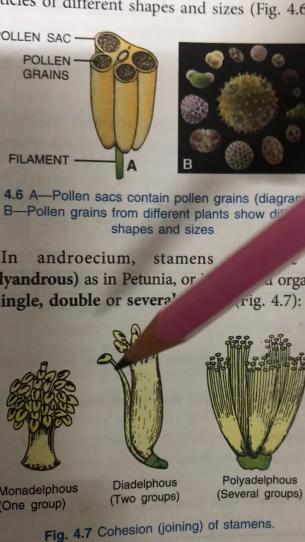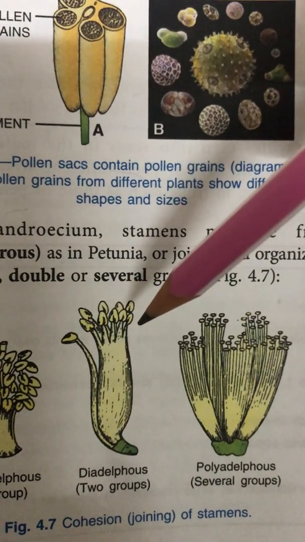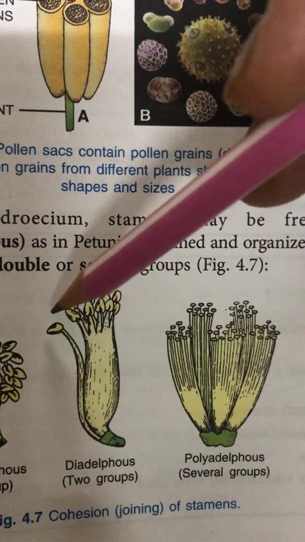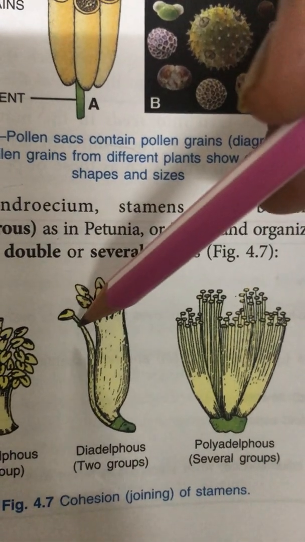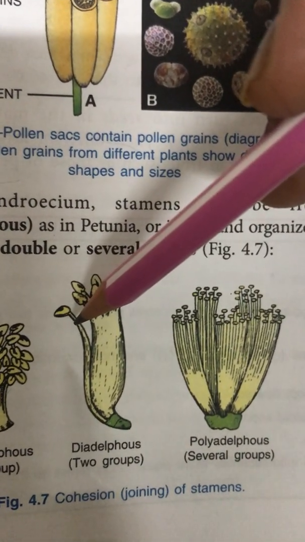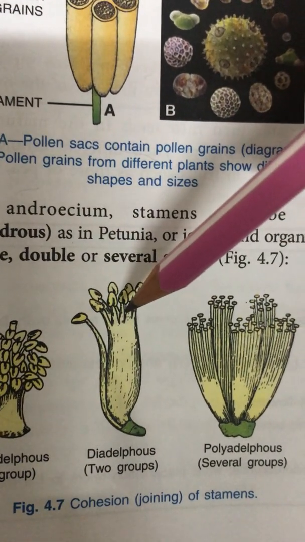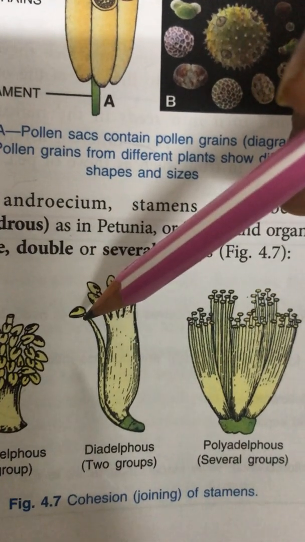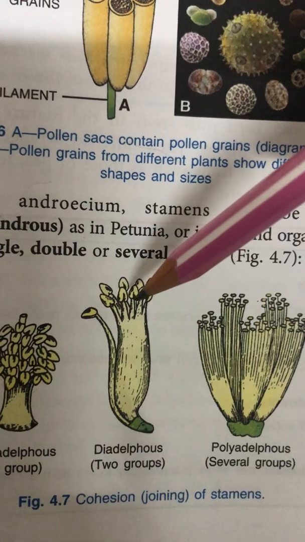Likewise, maybe they are fused to form two bundles. This is a typical 9+1 arrangement which we can see in the pea plant. Pea plant has 10 stamens. 9 of them are fused to form one bundle and one is separate, which is regarded as the second bundle. So here fusion is in two bundles. We also have a 5+5 arrangement in some flowers. That is 5 filaments fused to form one bundle and the other 5 fused to form another bundle.